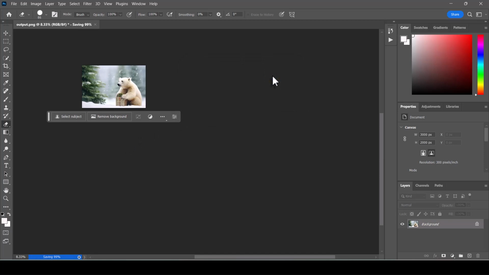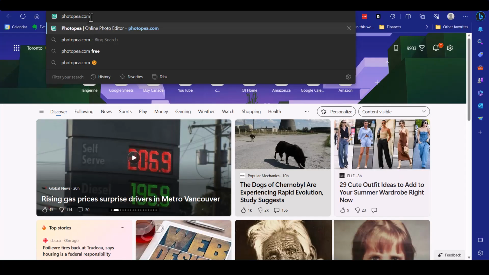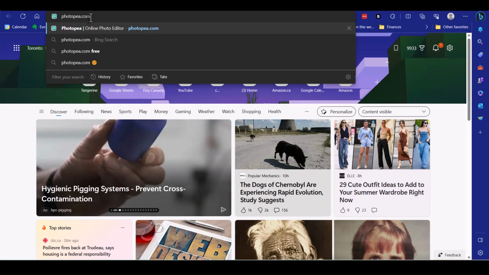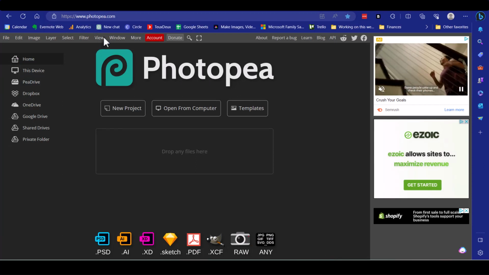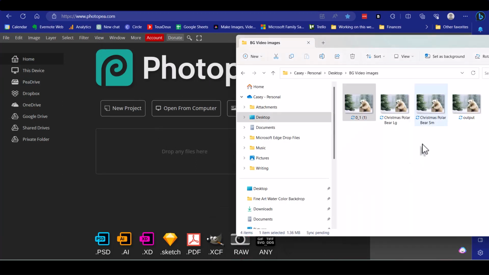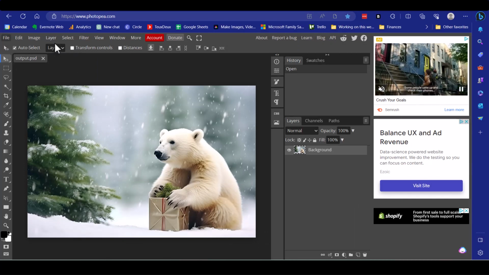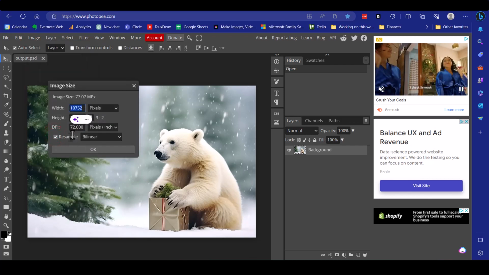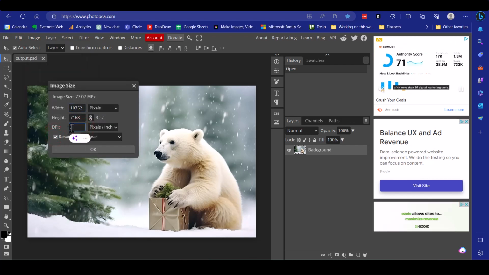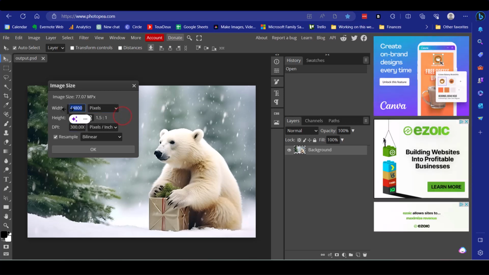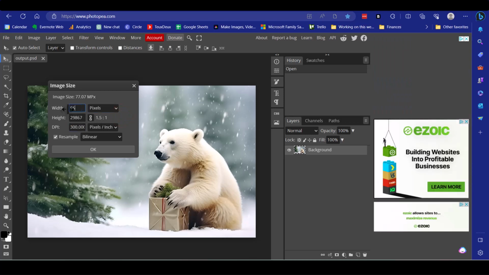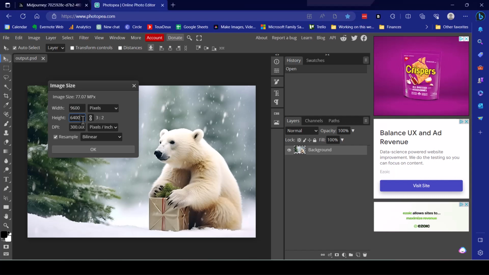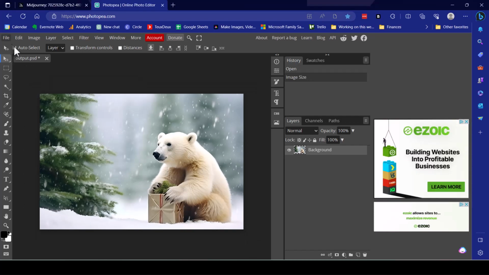If you don't have Photoshop, you can go to Photopea. Okay, so that's Photopea, PEA.com. And just like we did in Photoshop, it says drop any files here. Okay, so we're going to look for the output one. And that's the one we had upscaled with the AI upscaler. And we're going to drag it. Okay, and again, just like Photoshop, you want to go to image, image size, DPI. We're going to switch that to 300. And the pixels for the large is going to be 9,600 by 6,400. We'll click OK. And then we'll click File,